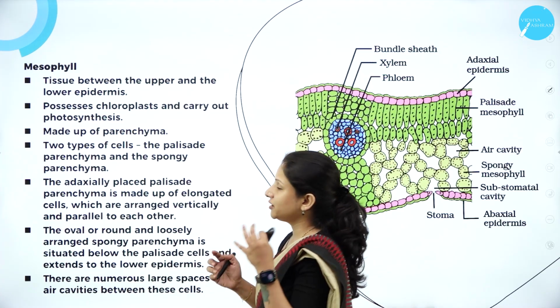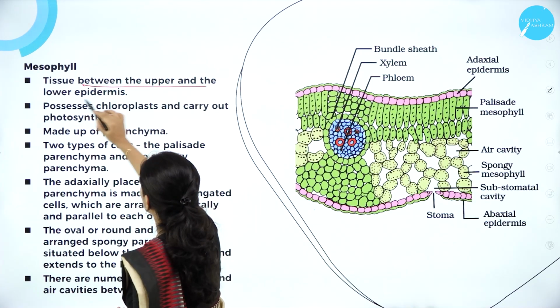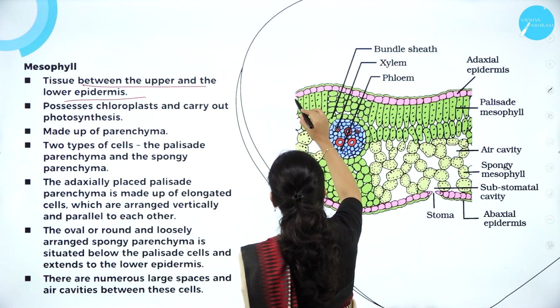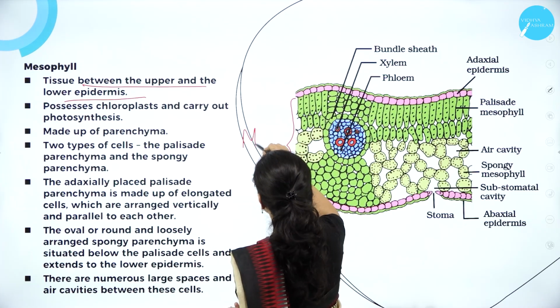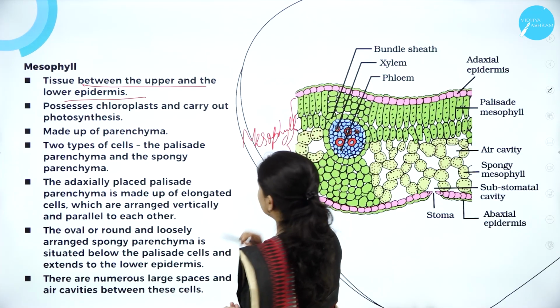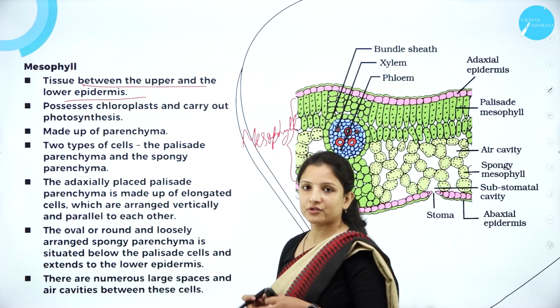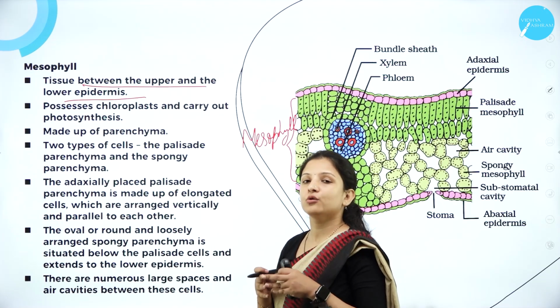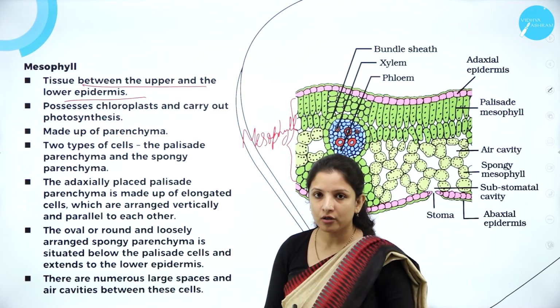So mesophyll are the tissues that are present between the upper and the lower epidermis, as I told you. So between the upper and the lower epidermis, whatever tissue comes, we call it the mesophyll. Now, what are the cells that are present in the mesophyll? Let's look into it. So mesophyll cells possess chloroplasts, and chloroplasts are very, very important in plants in order to